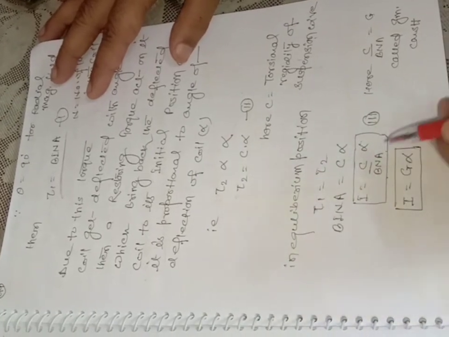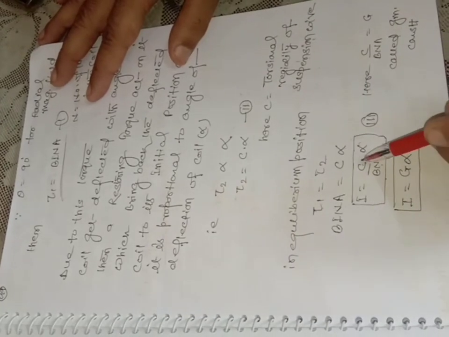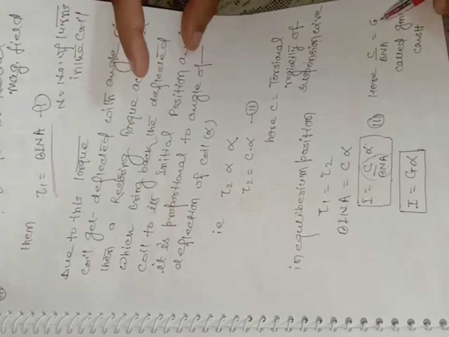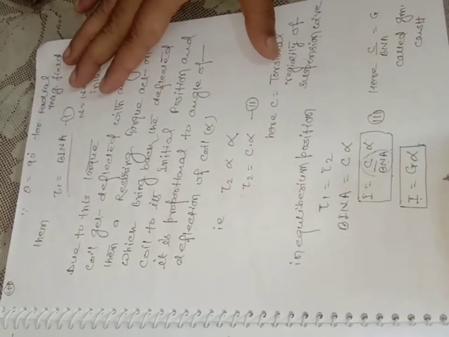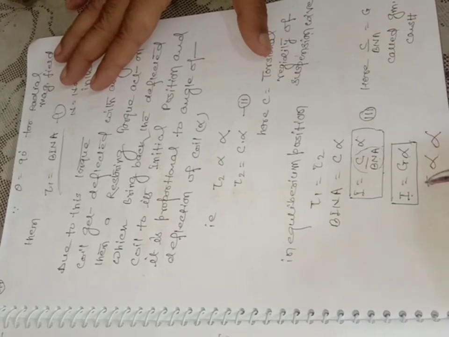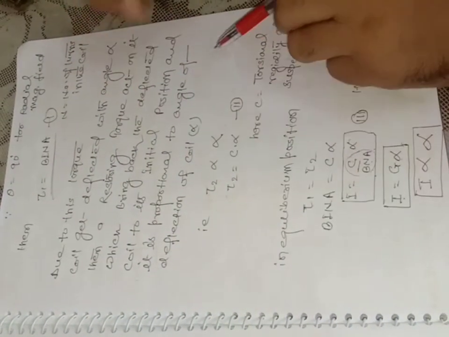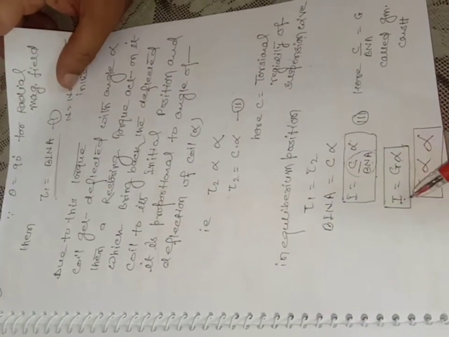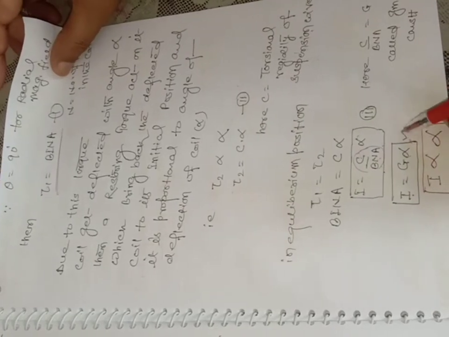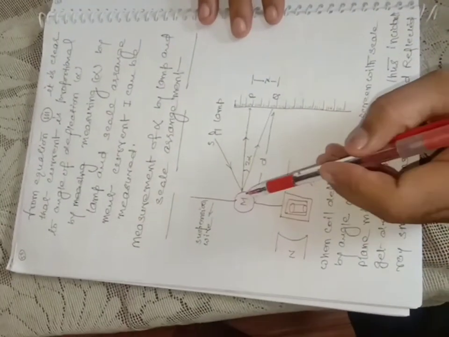Correct? So C is the torsional rigidity, B is the produced magnetic field, N is the number of turns, A is the area. All these are constant quantities, and together they are called the galvanometer constant, denoted by G. So I is equal to G alpha, or you can say the current flowing through the galvanometer is proportional to the angle of twist. If the angle of twist is more, the strength of current is more. So by calculating alpha, we can calculate the strength of current, and alpha can be calculated by a lamp and scale arrangement, which is not in your syllabus, but we can measure it.